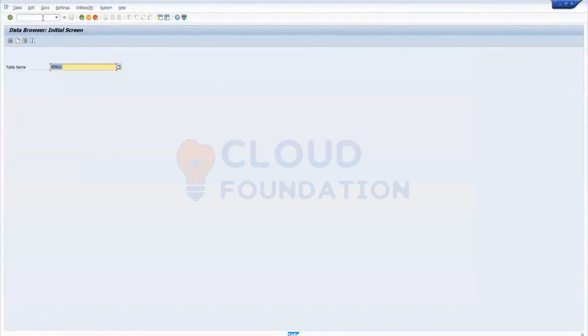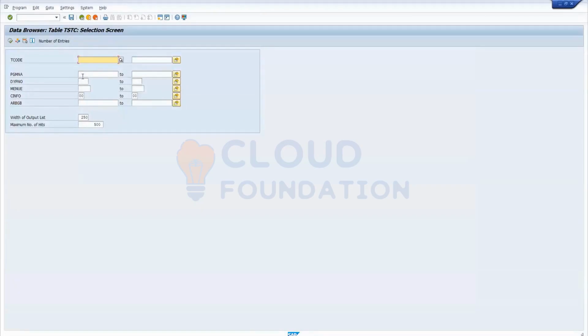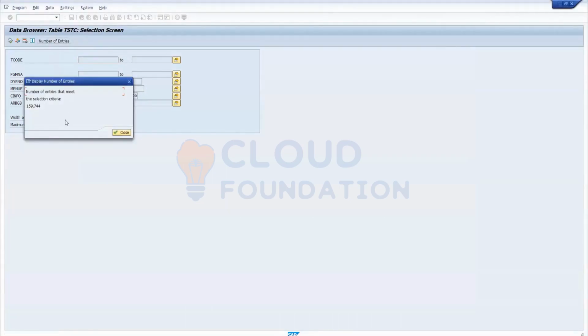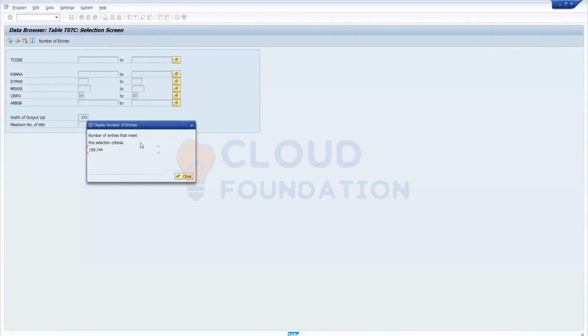You can go to the table TSTC. Go to number of entries. There is a radio button, number of entries. Click. Now you can see how many transaction codes you are having. 59,000 transaction codes you are having. Now you can close this one.